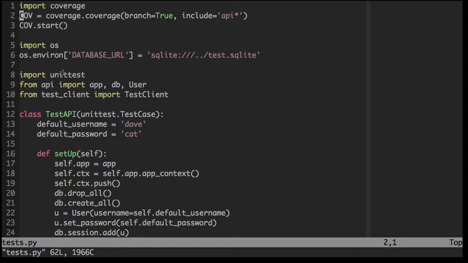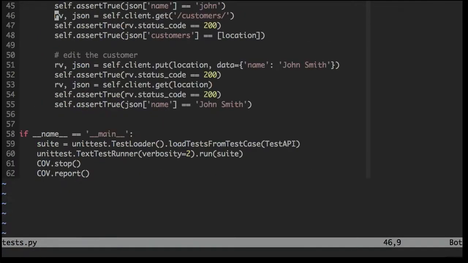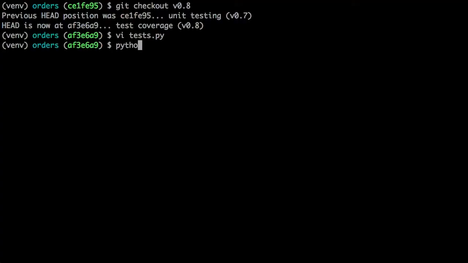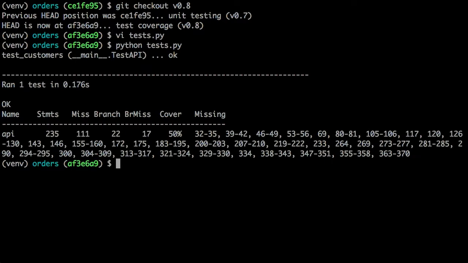So now I can go about my business, run my tests, and then in the main module where the tests are executed, I run the tests, and then when I'm done, I stop coverage and I write a report. So let's see how that looks. So here you can see it ran the same one test, and now I have here, this is very confusing